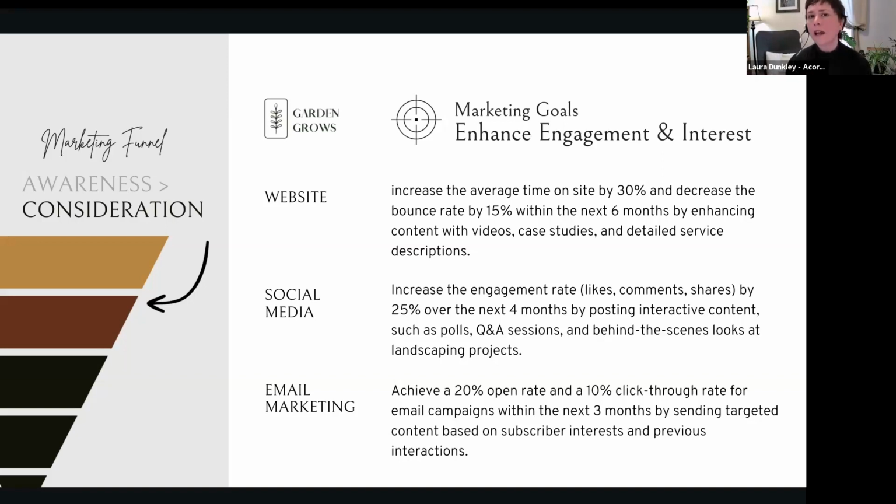Social media, likes, comments, engagement rate, that's going to be a success metric. Are they interacting with polls? Are they actually commenting? What kind of commenting are you going to be doing, or are your clients going to be doing? Email marketing, we want them to not only open, we want them to click through. And when you use a third party, we use MailChimp, there's Constant Contact, there's a whole bunch of other ones out there. They have very robust reporting. So you can see who's clicked, how often, what's the open rate. Start tracking that. It's really important.